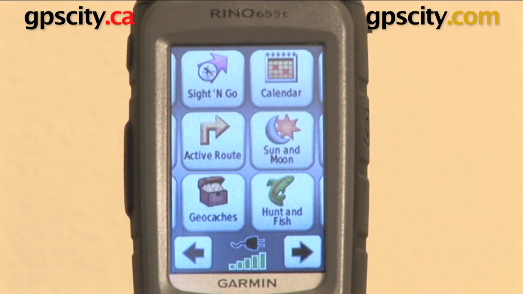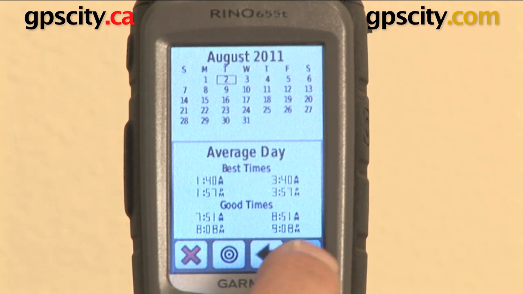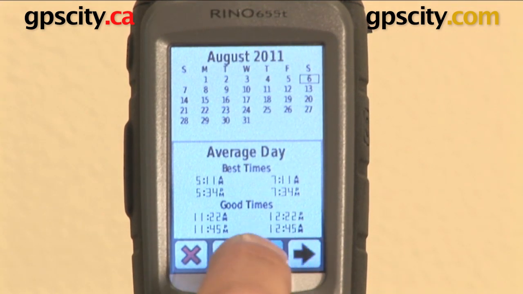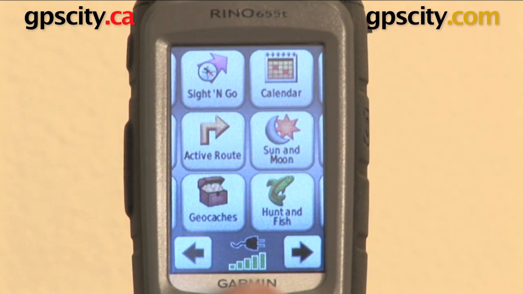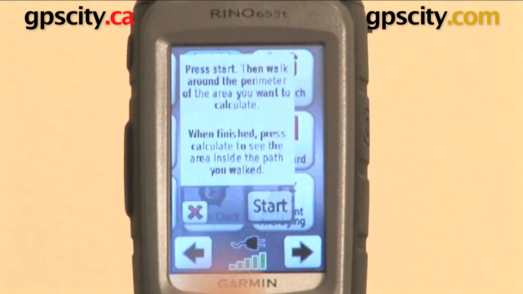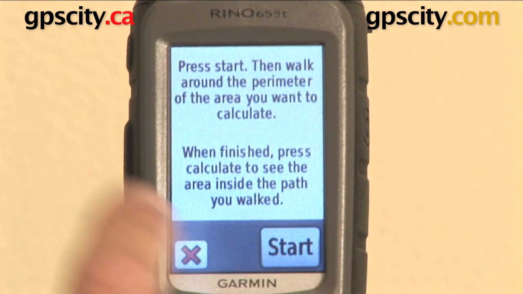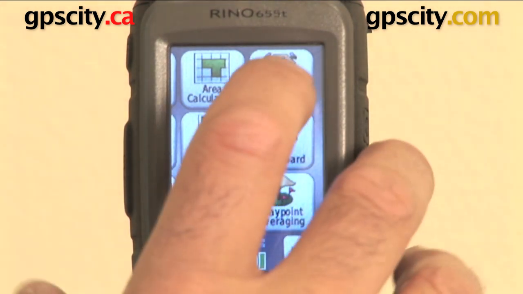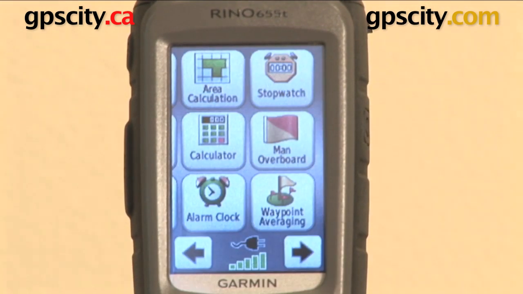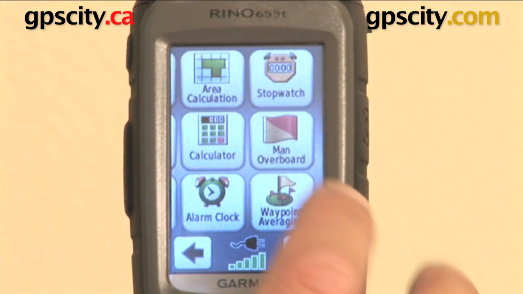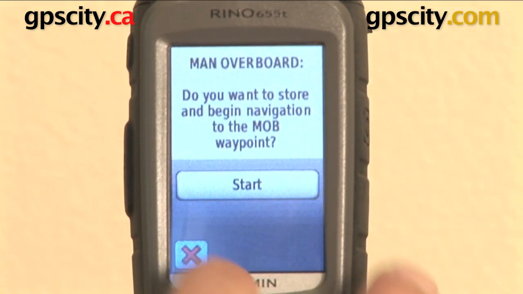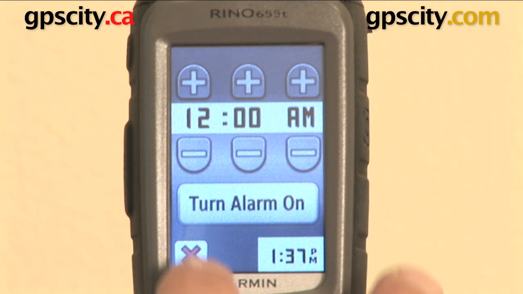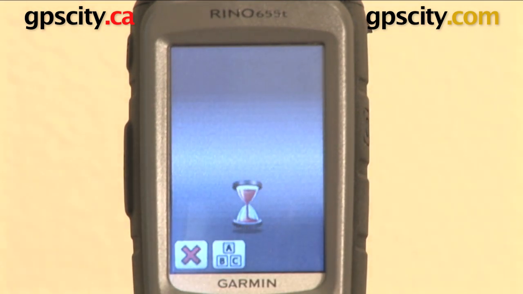Geocaching, if I had some loaded you could see it. Fish and hunt calendar, same idea as the sun and moon phase, you can change dates. Here we go. Area calculation, that's where you start and you walk around an area, come back to the start and it'll calculate the area you've just walked. Stopwatch, calculator, man overboard, alarm clock, waypoint averaging,